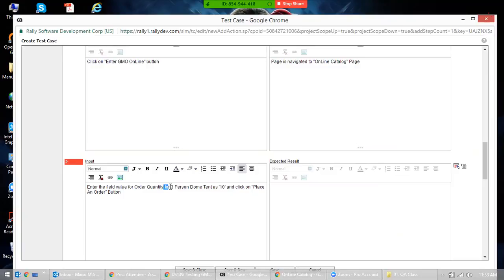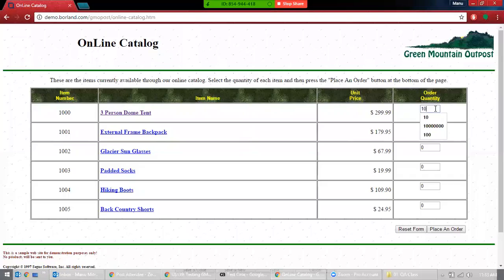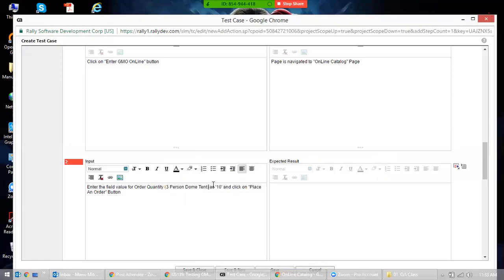Okay, let's say I'll just put this in this bracket for now. 3% DOM tent as 10, and click on place order. So what I'm trying to say is, now I want to put this 10 in the 3% DOM tent, and once I put this 10, I want to click this button, place an order. Okay, so what happens after this is the page is navigated to